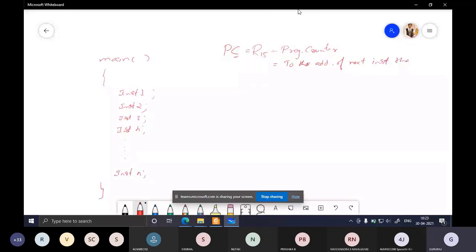So remember, where will PC point? PC will point to the address of the next instruction that needs to be executed.